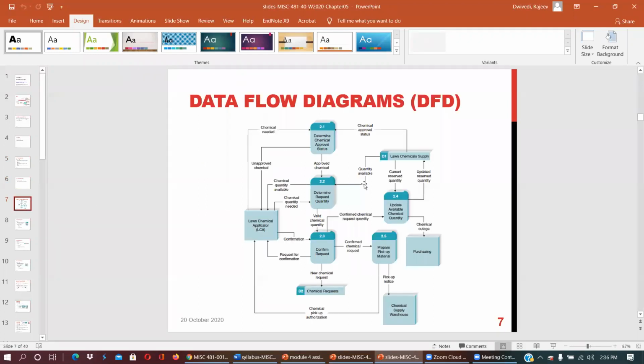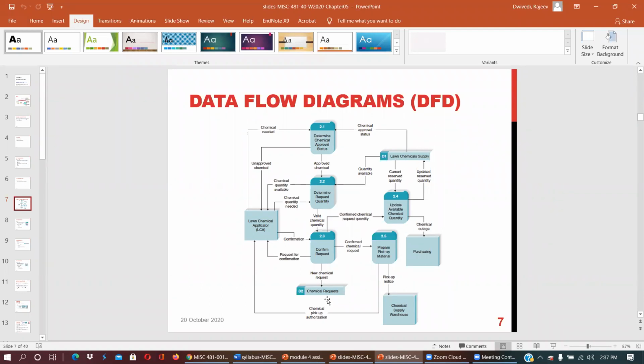And a DFD looks like this. So the same example, lawn chemical supply, lawn chemical applicator. You can see how the DFD looks. Look at the lawn chemical applicator and see how the arrows are going. 2.1, 2.2, 2.3, 2.4, 2.5.